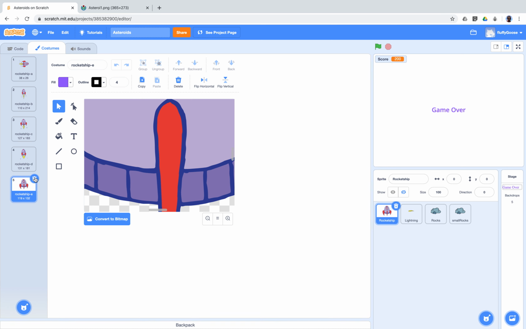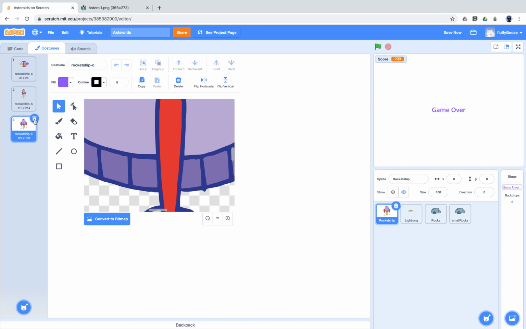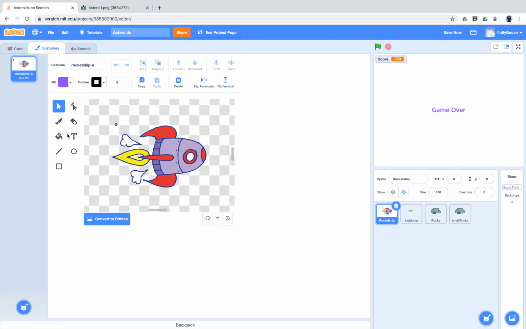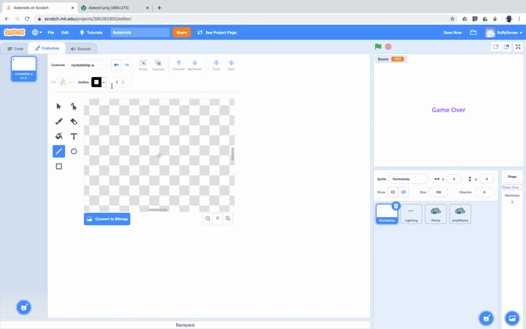And I obviously don't need any of these spare costumes because the ship only needs one costume. And I'm going to draw it as a white kind of triangle-shaped chevron using straight lines. So here's the straight line tool. And to get a white line, I need to turn the brightness up to 100 and the saturation down to 0. And now, using the squares, I'm going to line it up,